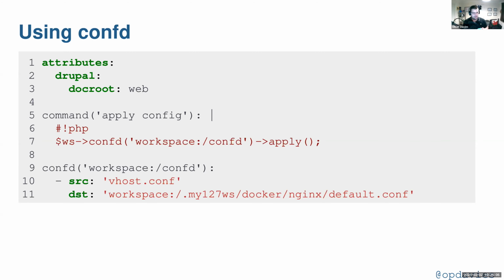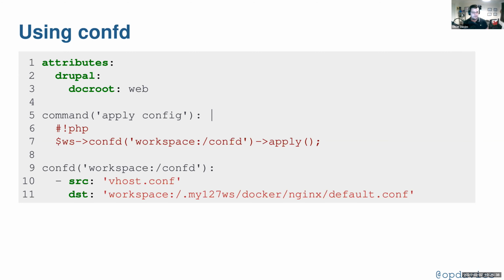So given I've got some attributes, I'm going to make a new command called apply config. This one's a PHP command, as we can see here on line 6, using the PHP interpreter. We're just going to call a confd method here, and then give it the name of our directory, so it's workspace.confd, and then it's going to apply. It's basically going to say, apply the conf-d command to these files. And then the files are,